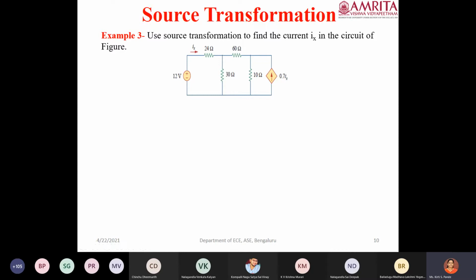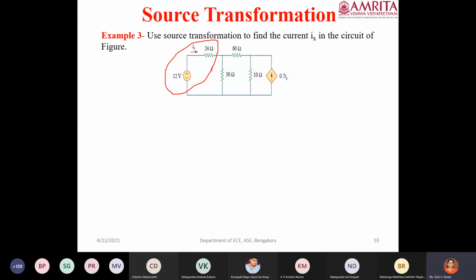Okay, so what will you do? All of you please start solving the problem. See, one thing I would like to tell you. Just like something which will come from experience, they have asked you to find out Ix, no? So as of now, don't do anything for this particular thing. You can change this also, correct?